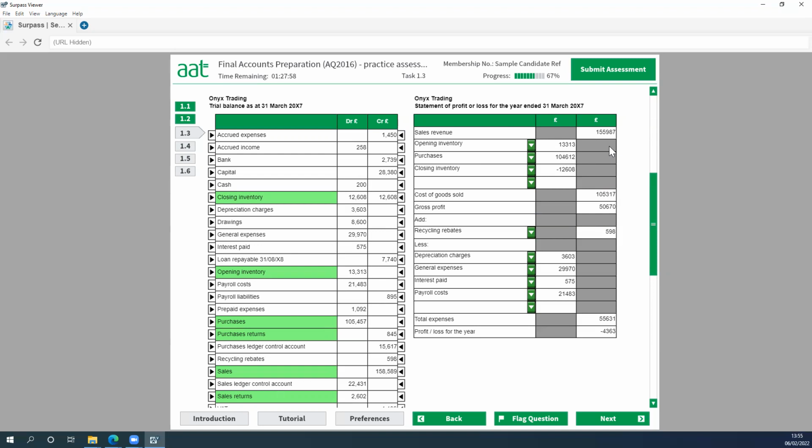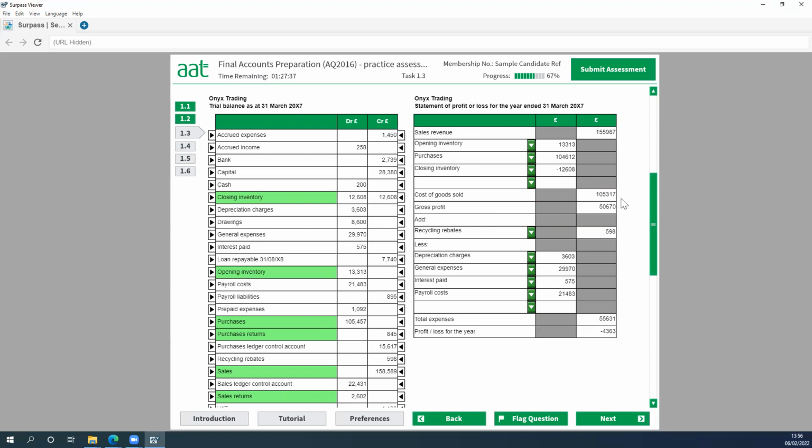Our gross profit, as you know, is sales minus cost of sales, or cost of goods sold, which gives us £155,987 minus your cost of sales, which is £105,317, which gives us a gross profit of